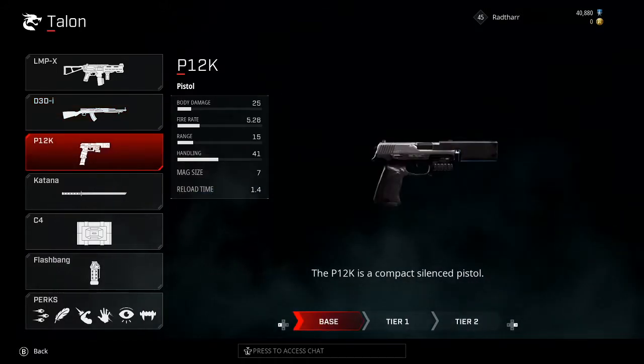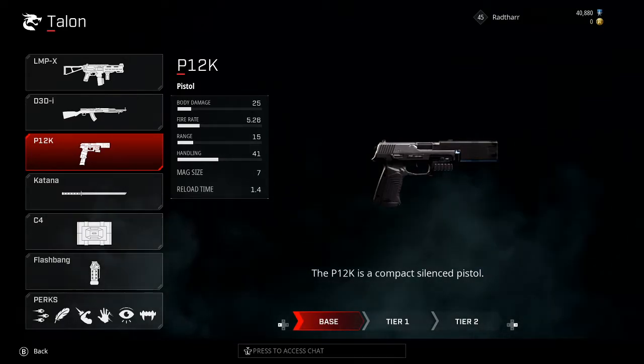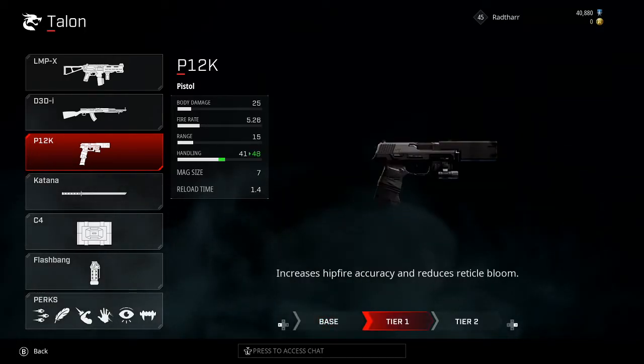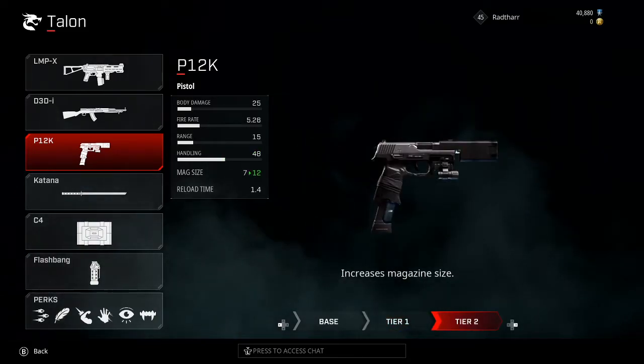His pistol though, the P12K, is a compact silenced pistol. Again, this silence theme is very apparent in Talon. That kind of goes into his playstyle a little bit. As you upgrade this, you increase its hipfire accuracy and reduce reticle bloom,